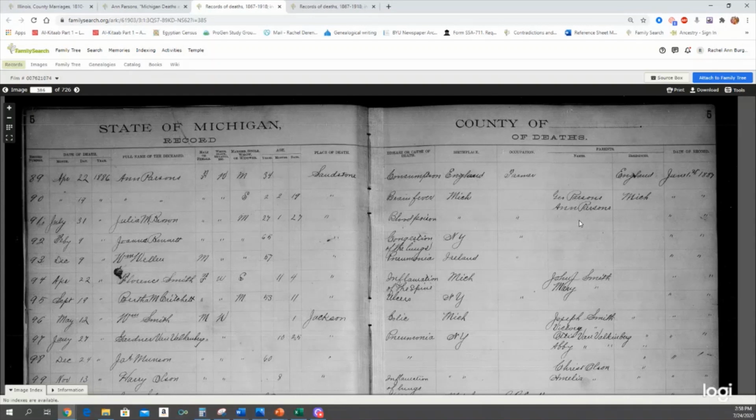But now there's something particularly important to Ann Parsons' family that's also on this page. Can anybody spot the additional detail that can open up new information about the family that is on this record that we did not just look at?